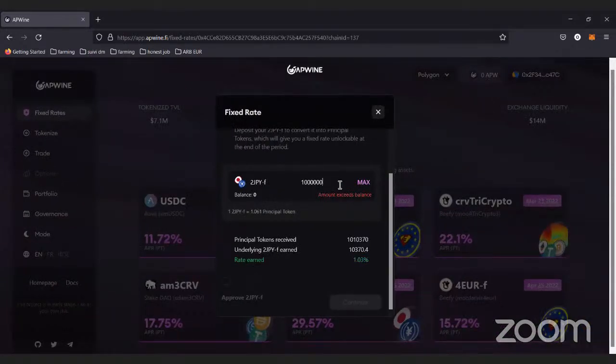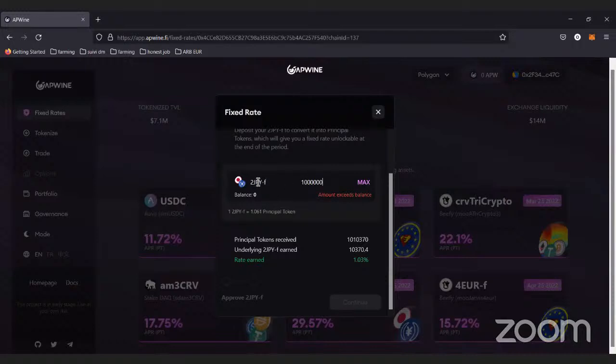Of course, the more you buy and the less you have yield. Why? Because you have slippage. The less liquidity there is in APWine, the bigger the slippage. Which means, for example, here, if I want to buy almost $10,000 of 2JPY, I mean, if I